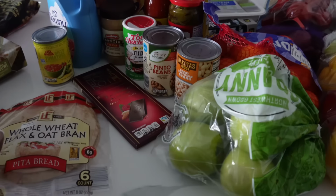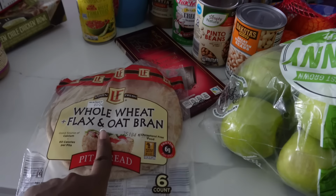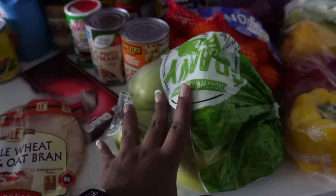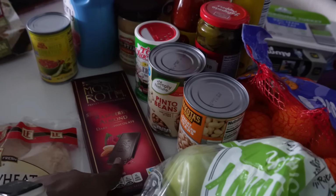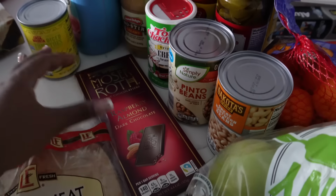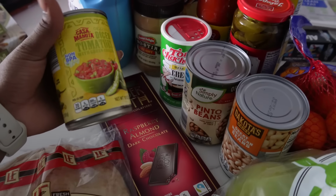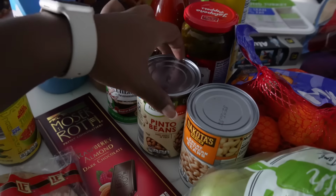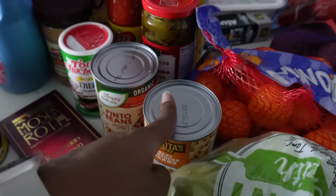Now from Aldi, I got these whole wheat flax, oat, and bran pita bread. I got green apples, raspberry almond dark chocolate bars. I think it's a few of them. They're individually wrapped, so they're portion controlled. I got some diced tomatoes, some Tony seasoning, pinto beans, Great Northern beans,